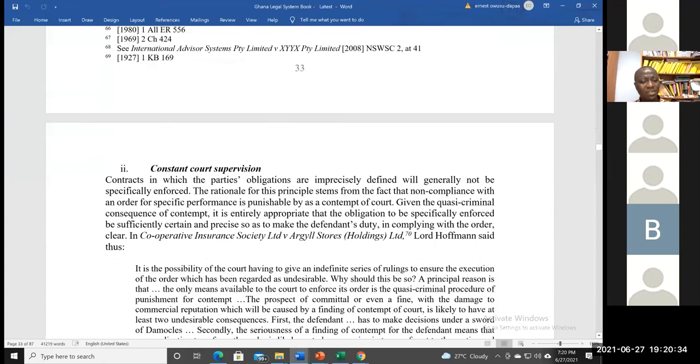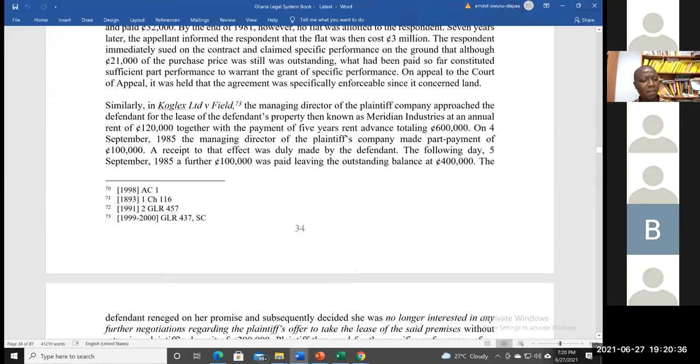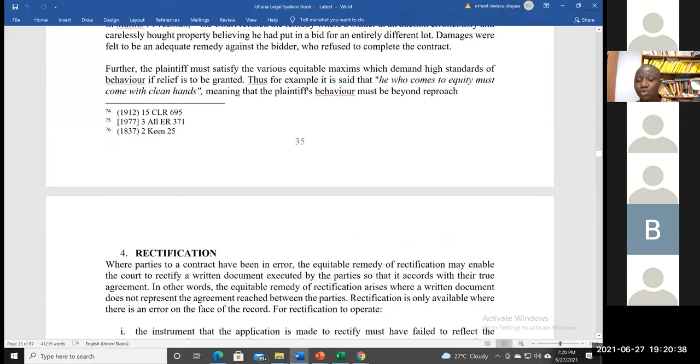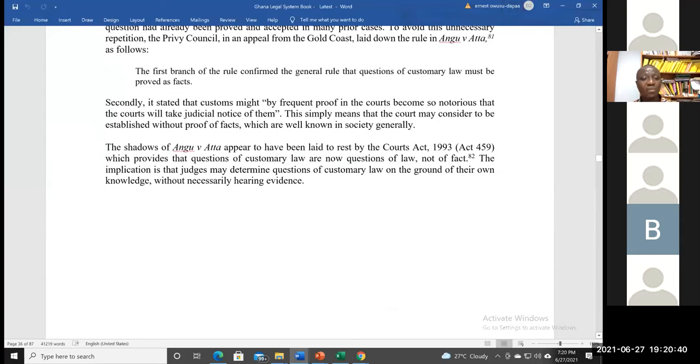So if you say particular communities in Ghana, are you referring to only the communities which